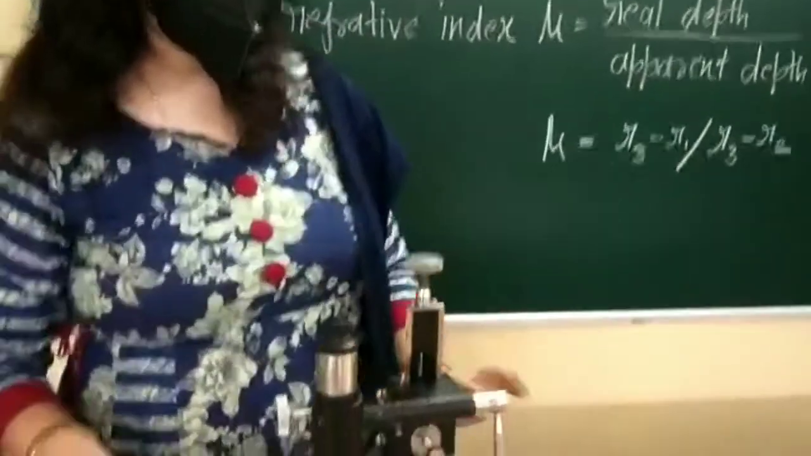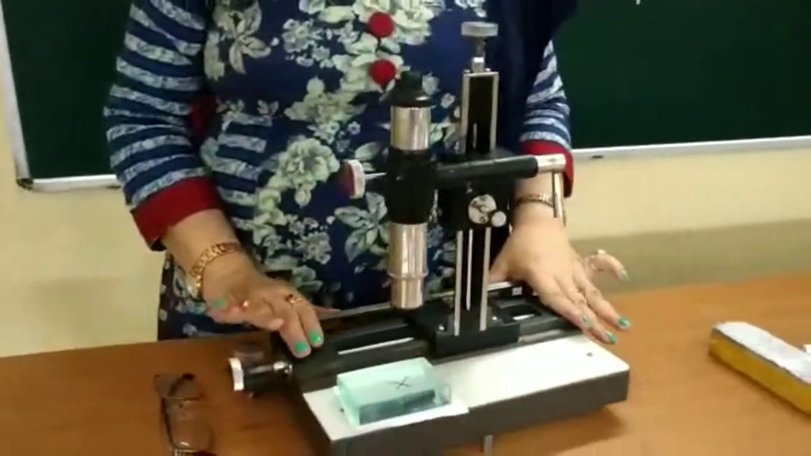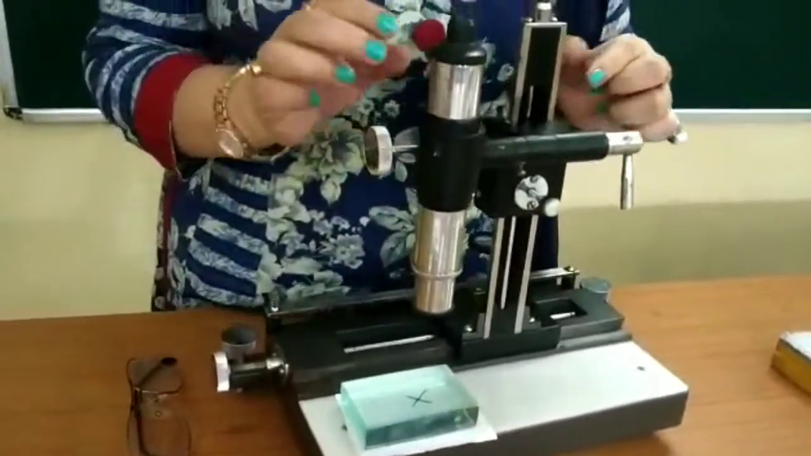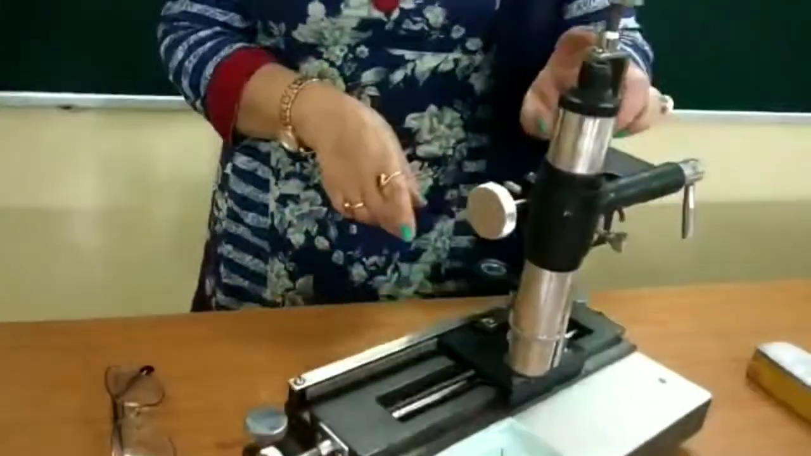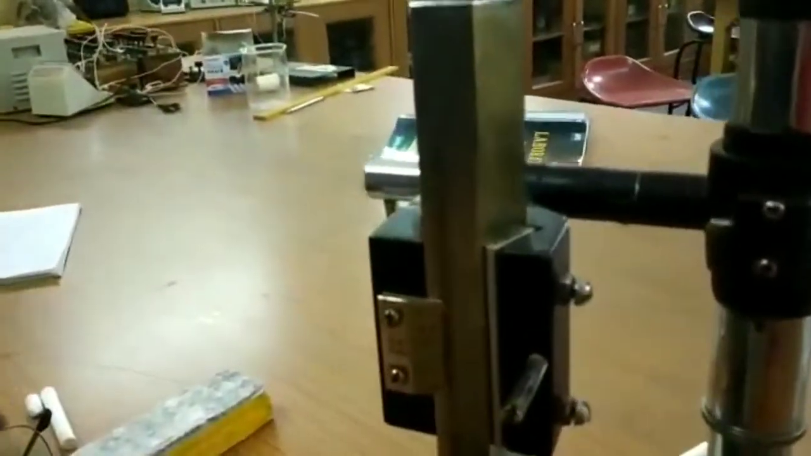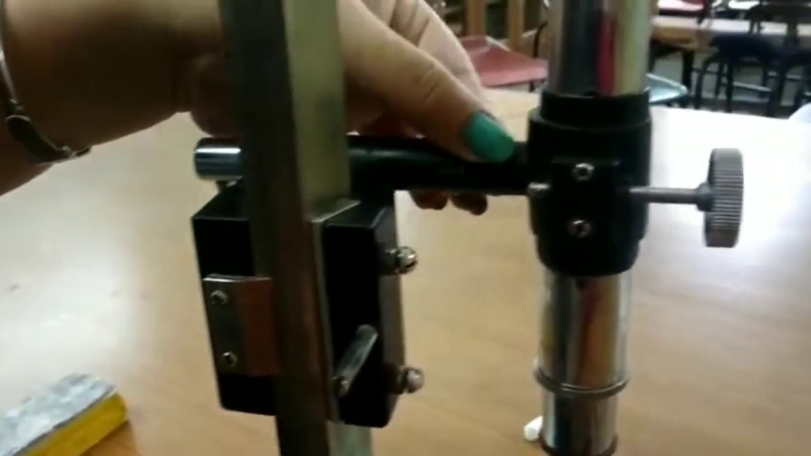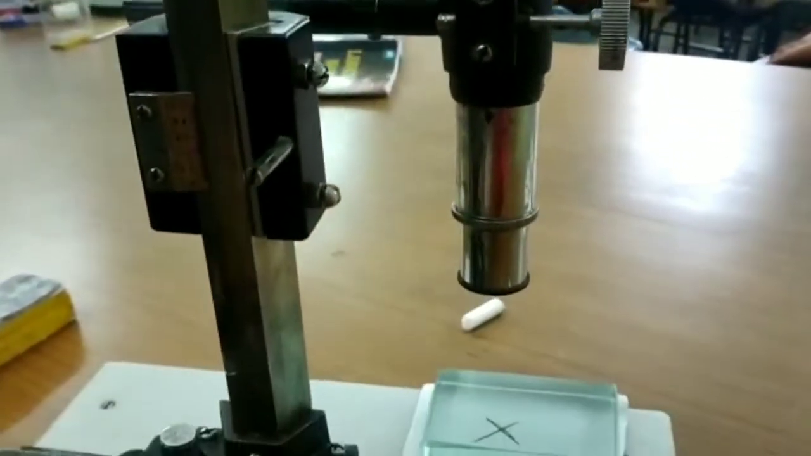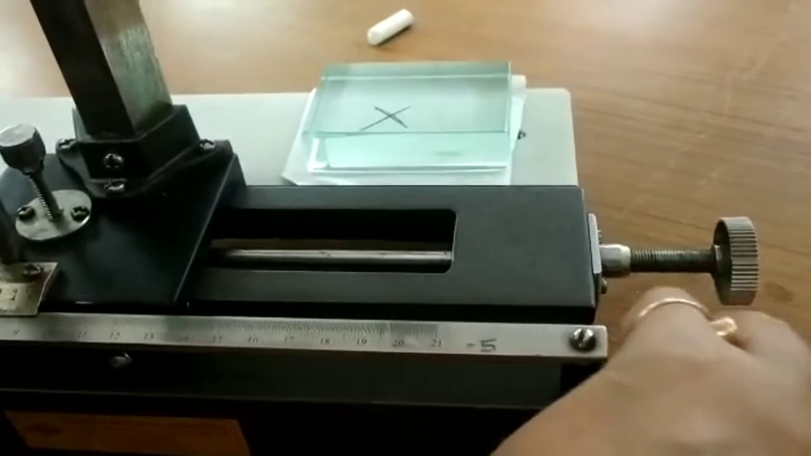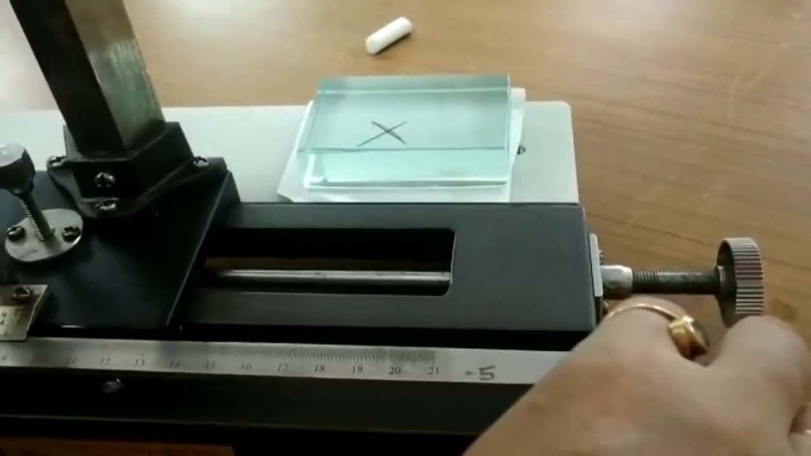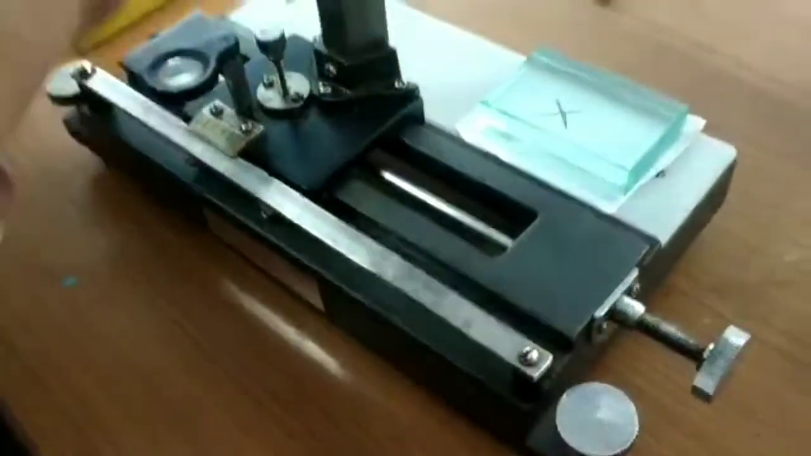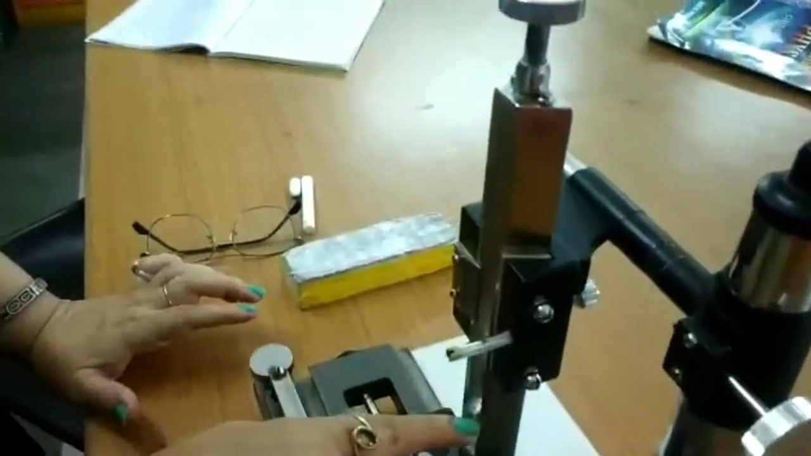Now let us see the apparatus. This is the travelling microscope. It is a compound microscope. We can see that there is a vertical scale, on which this travelling microscope is mounted. There is also a horizontal scale, and these are the screws just to adjust its level. So first of all we will adjust its level, then we have to take out the least count of